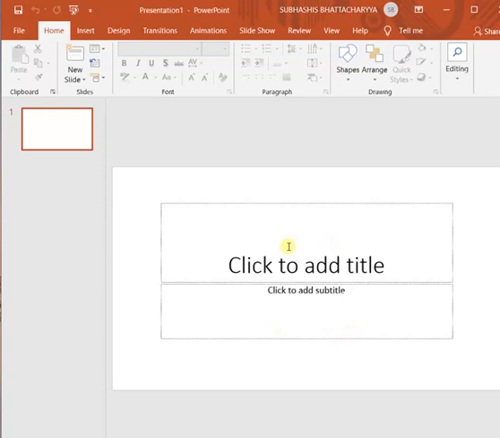It is like a white page, you have to create everything, but for your easiness and quick work, some built-in templates are there which are ready-made slides that you can use for a particular purpose.